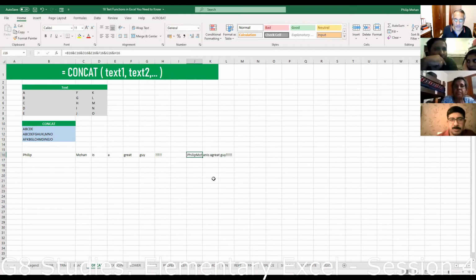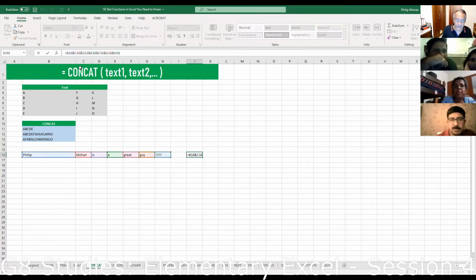So when I do concatenation, I have to make sure that I add the space. After the first one, I put a quotation and a space and another ampersand. After each one, I have to do that. Ampersand, space, ampersand, space, ampersand, space.